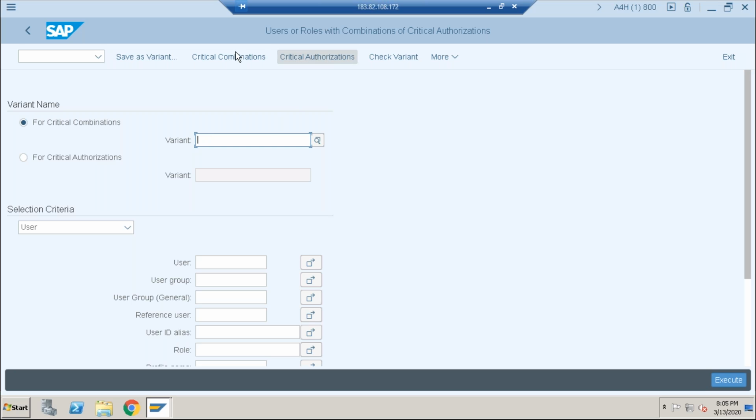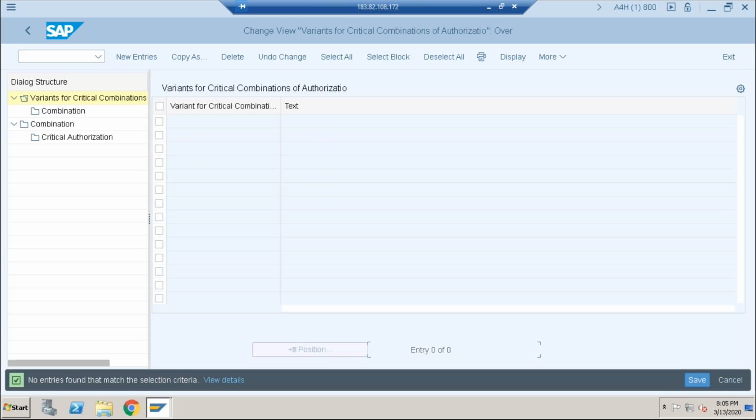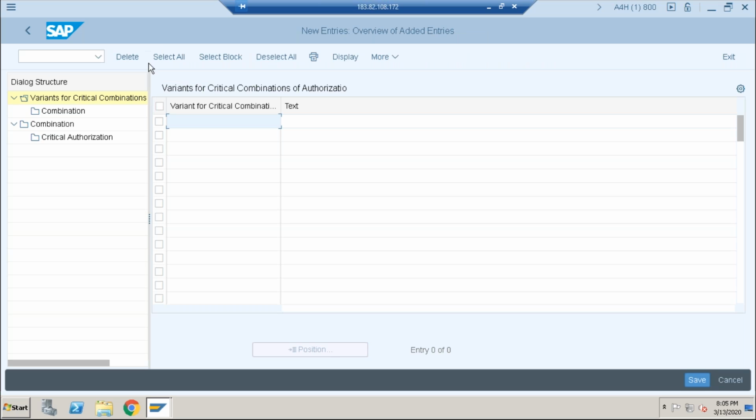Create a critical combination. Click on new entries. Enter the name, Z underscore SOD. Give that combination of two transaction codes.